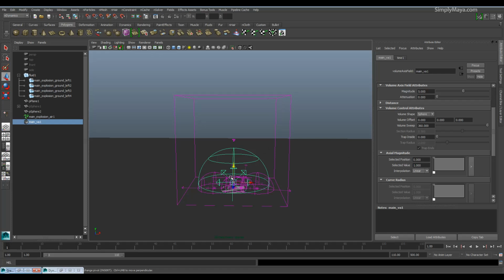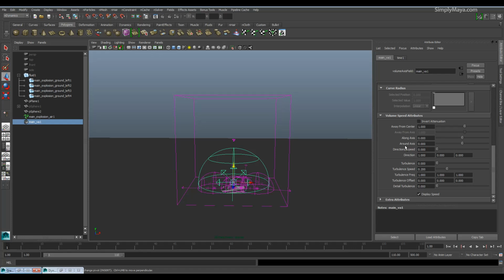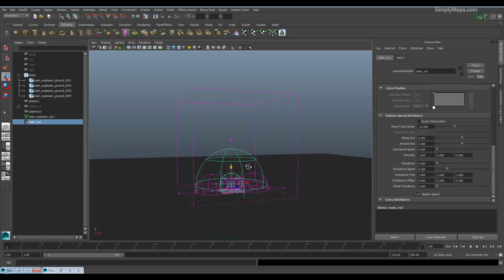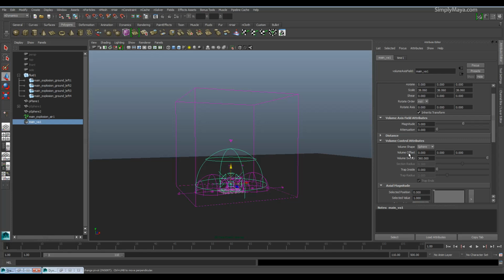So to do this, to get it to, instead of blowing fluid outwards, to get it to blow fluid inwards, I can go away from center. So if I go -1, that'll shoot the arrows inwards and I'll be sucking fluid in, but I want to get quite a high number, so I'm going to go for about -12. I'm also going to go for a magnitude of around, let's say 50 or 60, something like that to start out with. So 60,